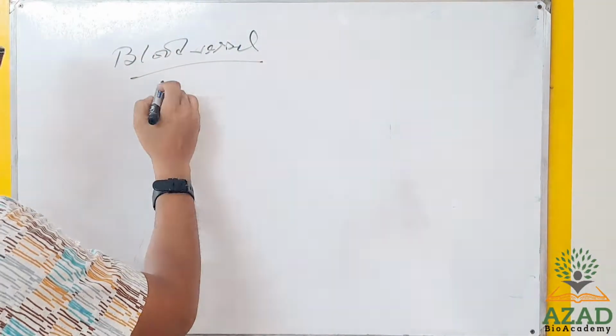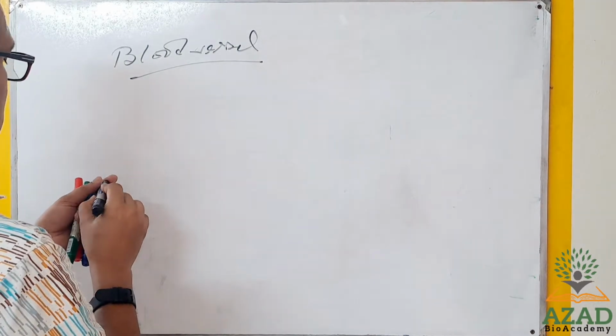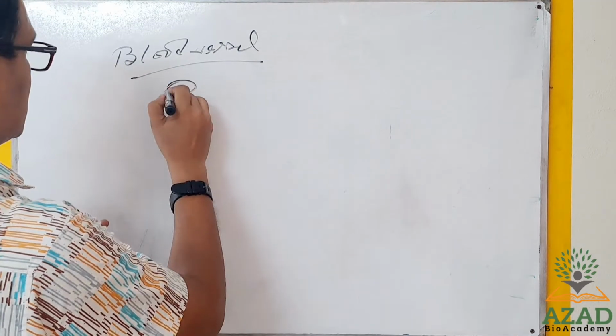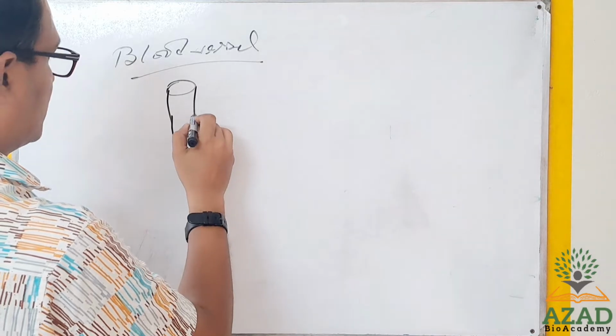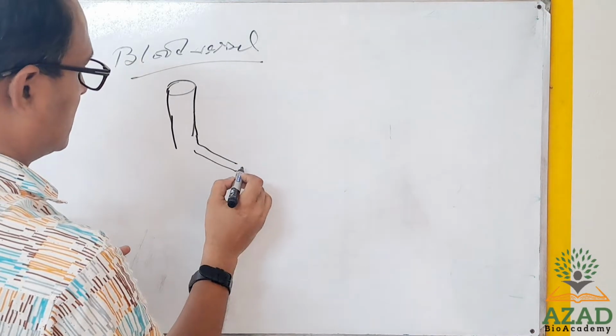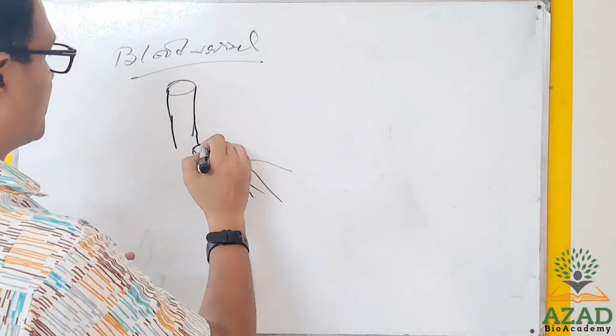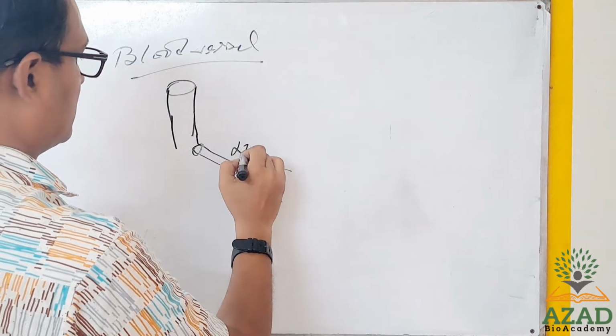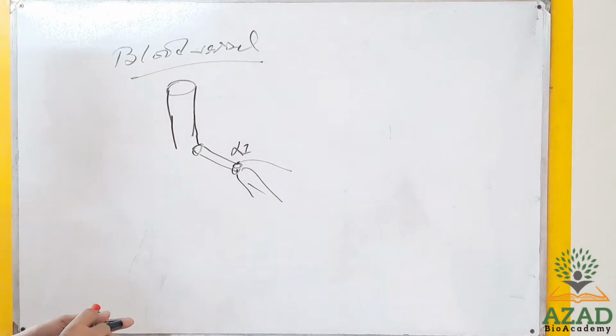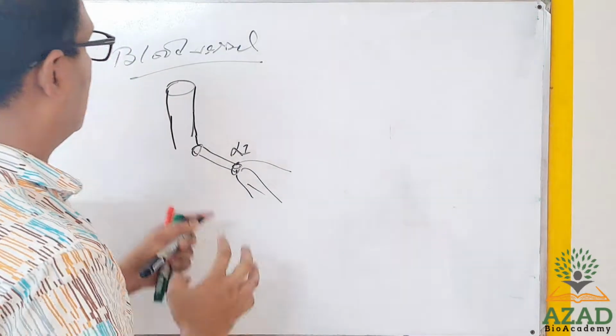So in blood vessel, most of the times, you know, this is your artery, this is your arteriole, and these are the capillaries. So in the sphincter areas over there, alpha 1 is very much rich,